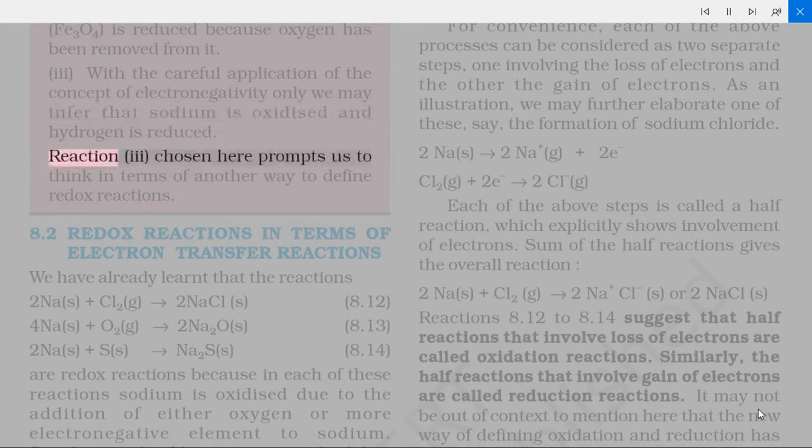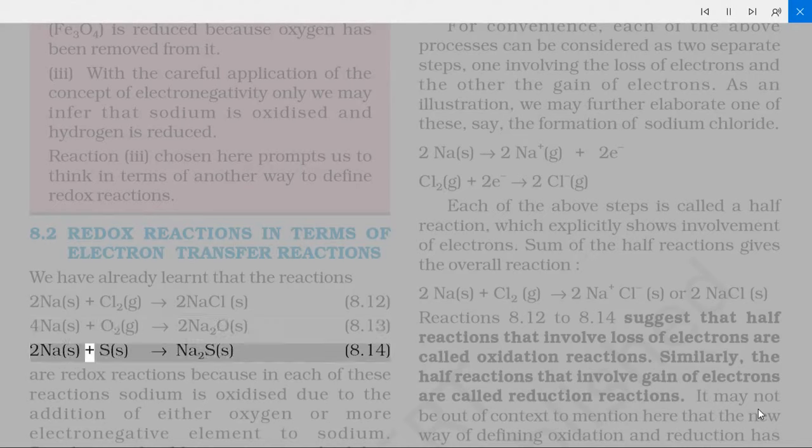reduced. Reaction (iii) chosen here prompts us to think in terms of another way to define redox reactions. 8.2 Redox reactions in terms of electron transfer reactions: we have already learned that the reactions 2Na(s) + Cl2(g) → 2NaCl(s) (8.12), 4Na(s) + O2(g) → 2Na2O(s) (8.13), 2Na